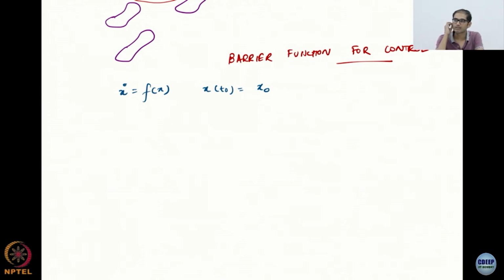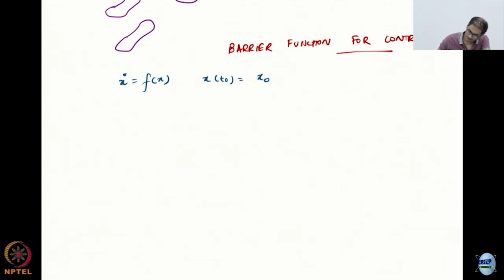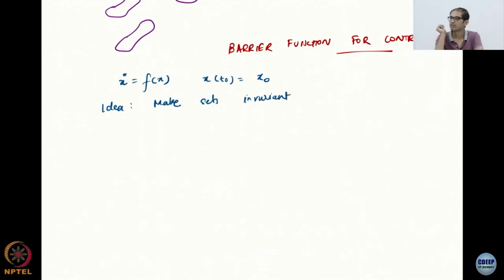We want to talk about what these barrier functions are, right? So the idea is to make sets invariant, okay, or forward invariant. Forward invariant is forward in time invariant. Okay, so until now our aim has been what? To have stability and reach a point, right? Reach an equilibrium, right? We did not try to make sets invariant, although if you remember when we did all this LaSalle theorem, naturally there were some invariant sets. Okay, so that is where